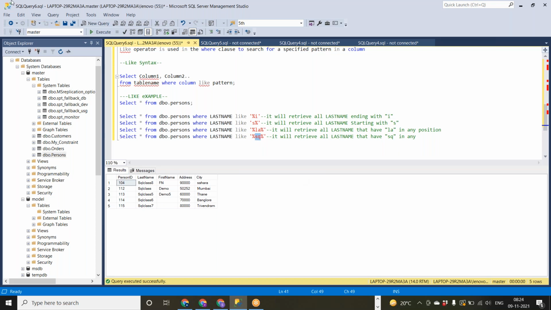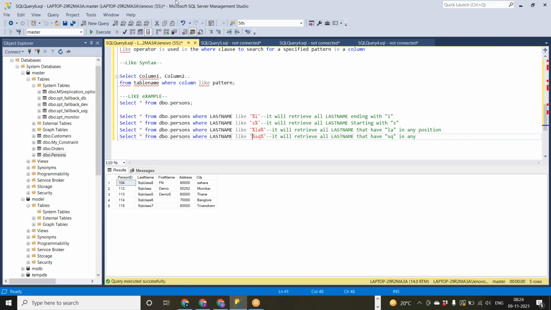Anywhere it will retrieve it. So don't get confused between this. If you give percentile, some letters or numbers, and percentile, it will not retrieve only the middle word. It will retrieve any word which matches this context in any position.